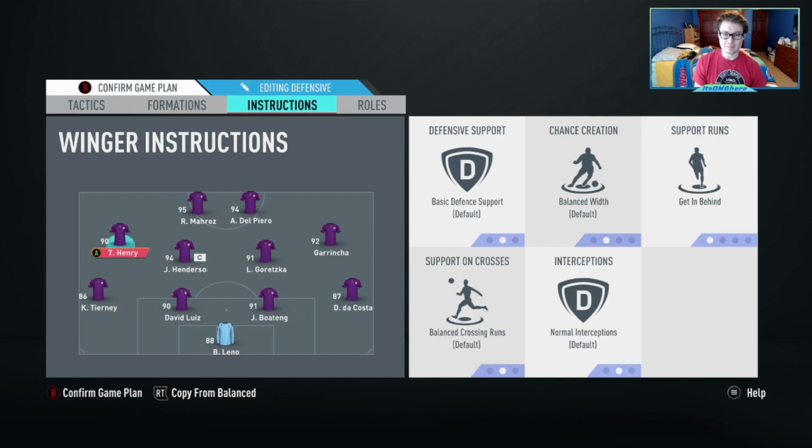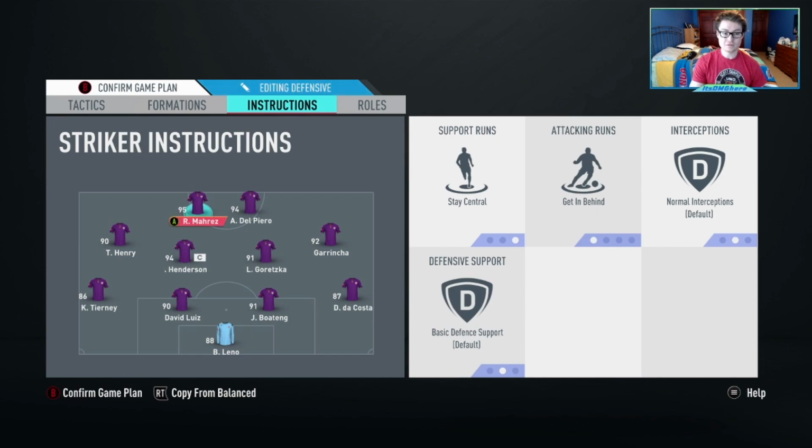For the left and right mids, we have them on get in behind, just so then they kind of act as wingers, which is pretty nice. For one of the strikers, we have them on stay central, get behind. For the other one, we have them stay central, false 9. And that's good because I